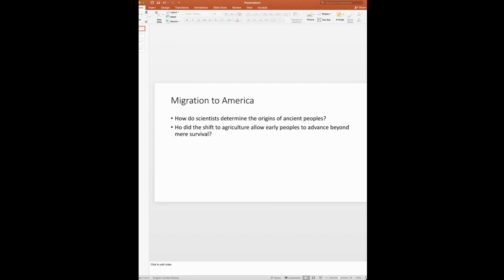Like I said, this isn't my favorite time period, but as you probably know, as people moved down through North America and throughout history, people changed. They went from being nomadic, where they were always roaming, to settling down and only moving with the seasons, and then eventually settling into small settlements, civilization. Another question that interests me is, how did the shift to agriculture allow early peoples to advance beyond merely surviving?